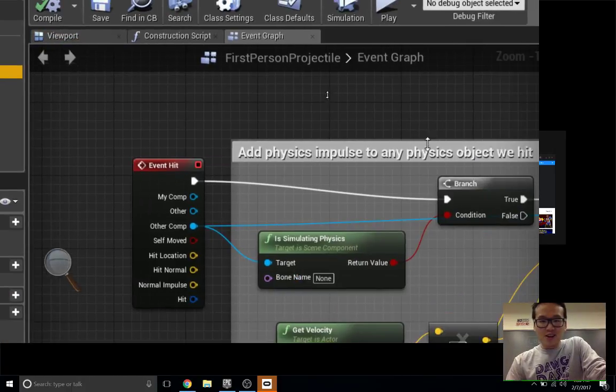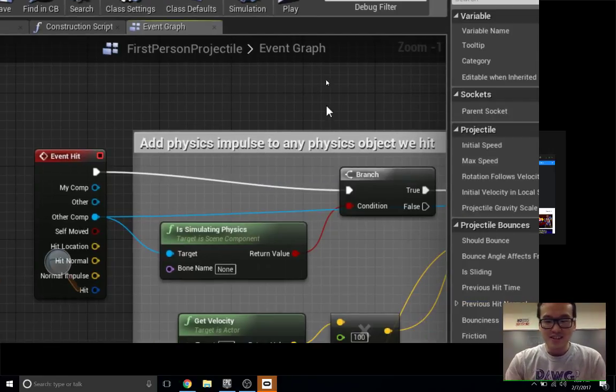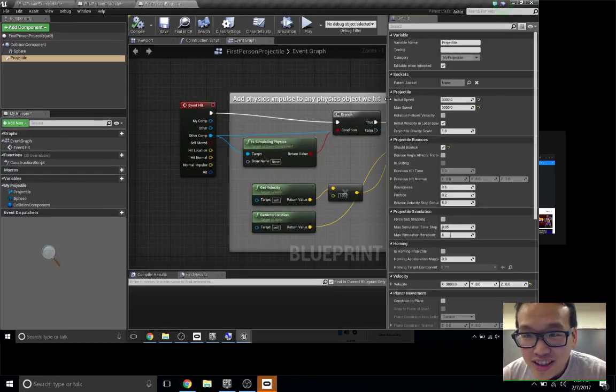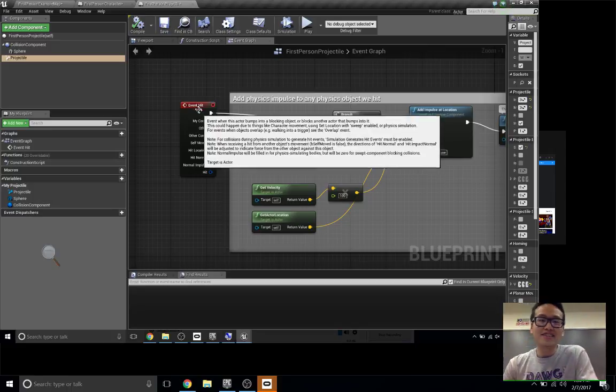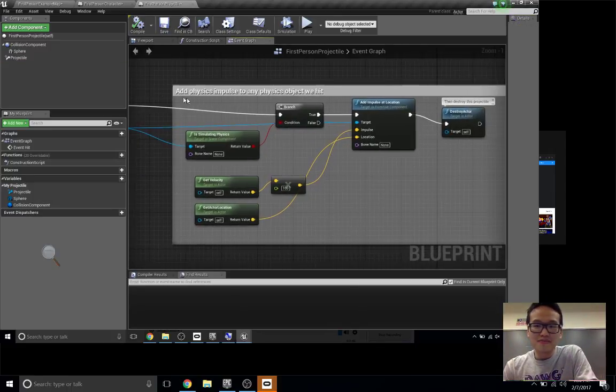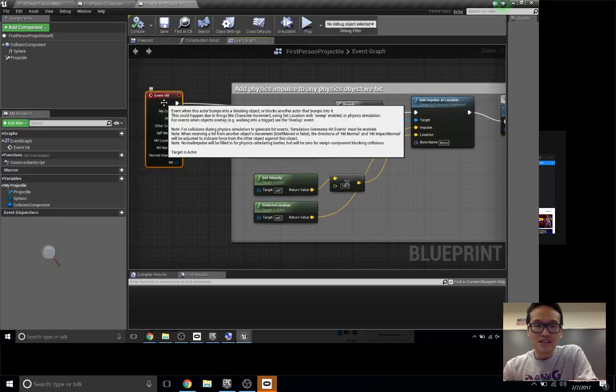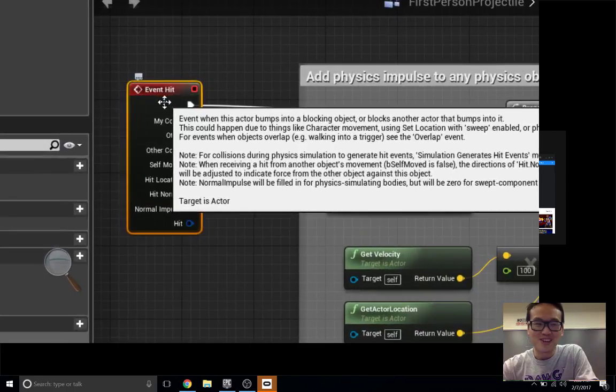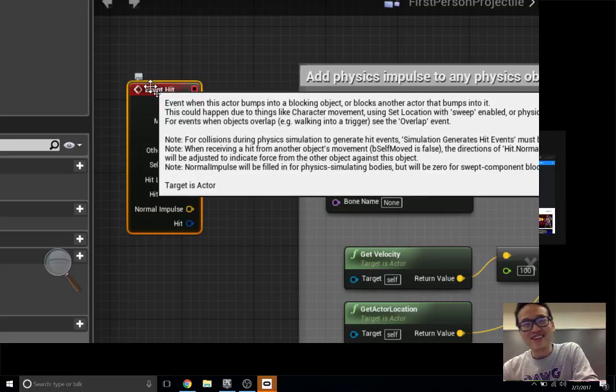Okay, so we go to the blueprint, and we see that there is an event hit right here. They have a crazy good comment here too: when the actor bumps into a blocking object, or blocks another actor that bumps into it.